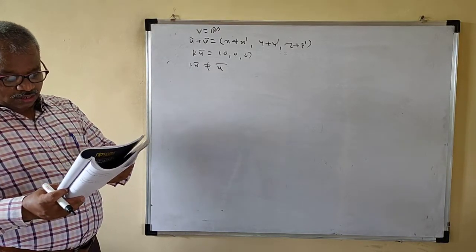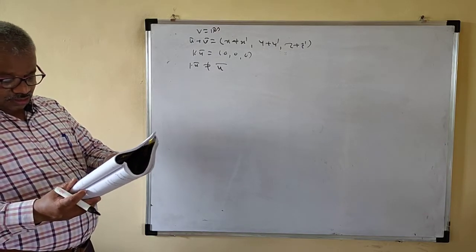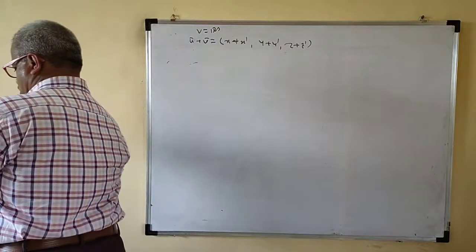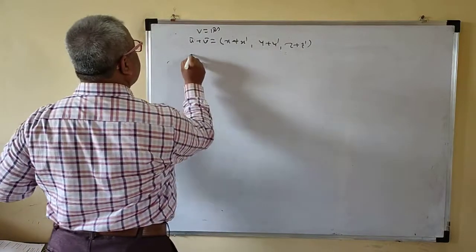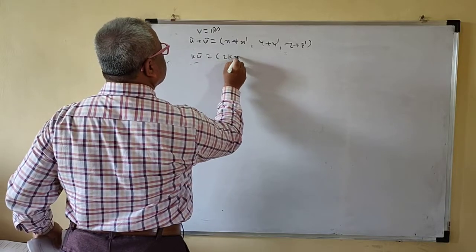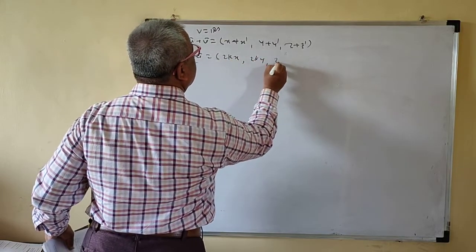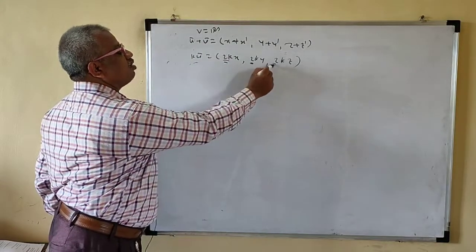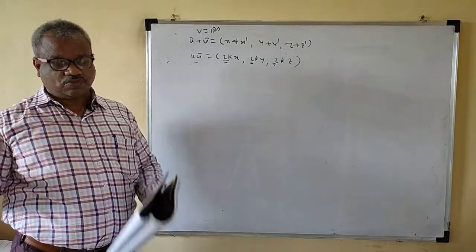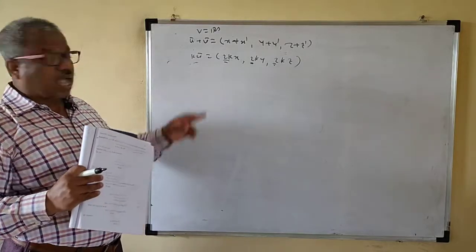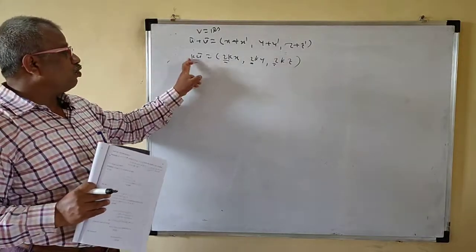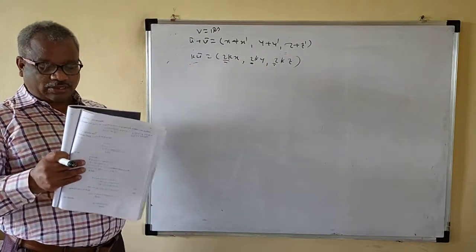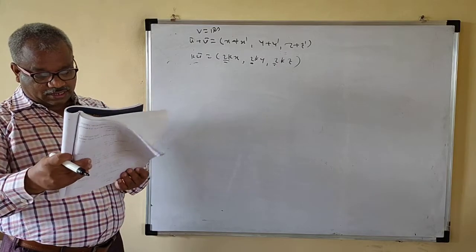Remember that. Suppose your operation for the scalar multiplication is like this: kū is the same as twice kx, twice ky, twice kz. So here there is a twice. It is not a vector space, because again 1 times ū is not the same as ū, because 1 times ū is twice x, twice y, twice z. It is twice ū. So 1 times ū is not the same as ū, so this is not a vector space.